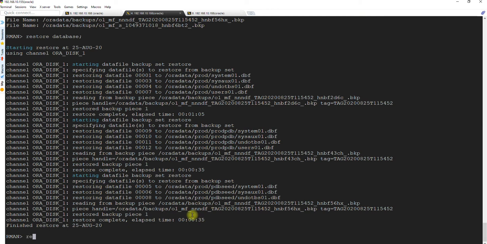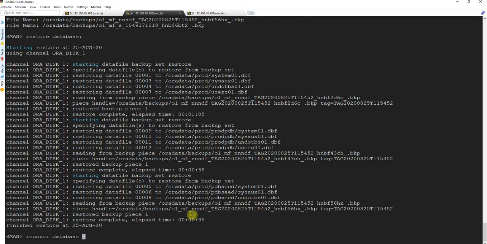We will recover the database. In this particular statement, it will try to look for archive logs. In a real environment, when transactions are live, there will be redo generation, and those redo files will eventually go to the archive log.